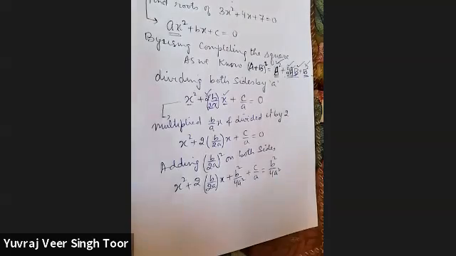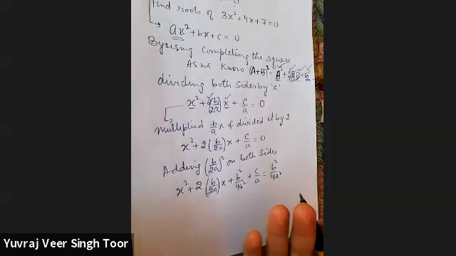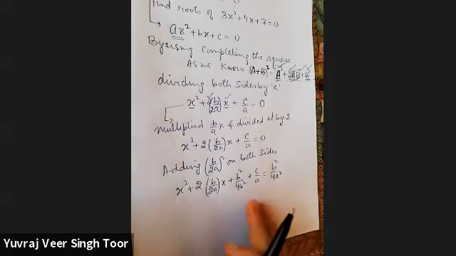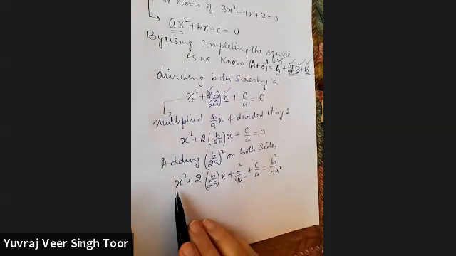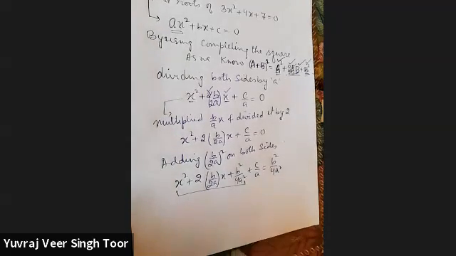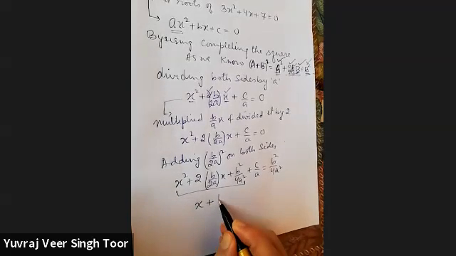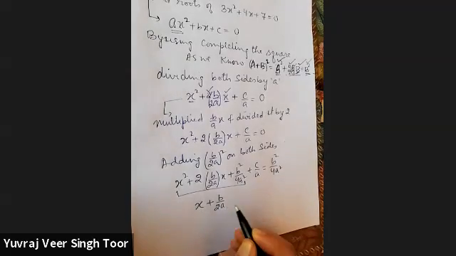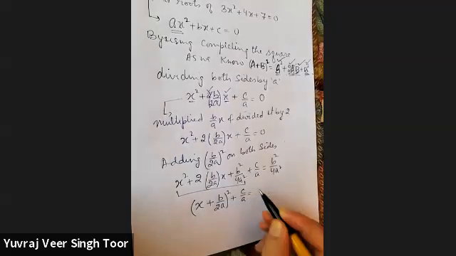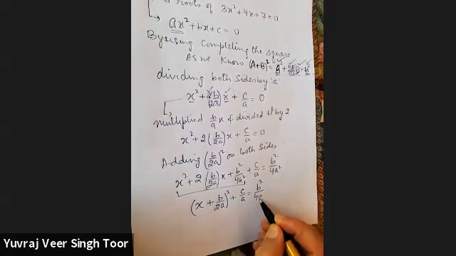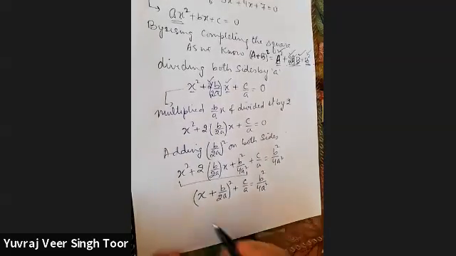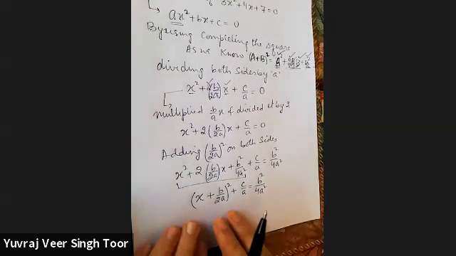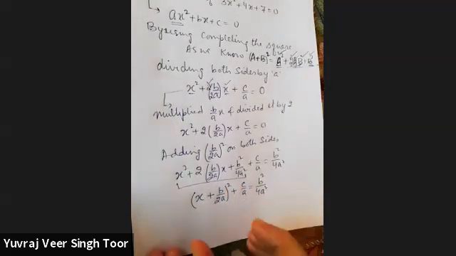So I'm not doing anything wrong. What I am extra giving, I'm taking it back also. So why am I doing it? So that it should look as a whole square. Now this seems to be a whole square. Whole square of what? x plus b by 2a whole square plus c by a equals to b square by 4a square. Now why am I doing so? Because I'm going to convert this into linear.